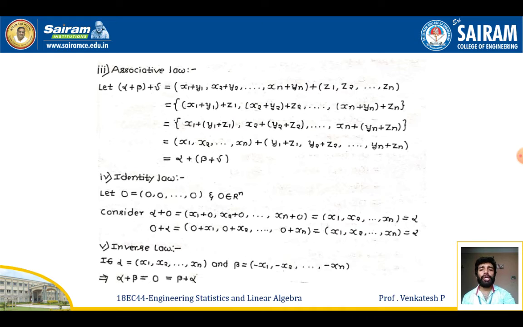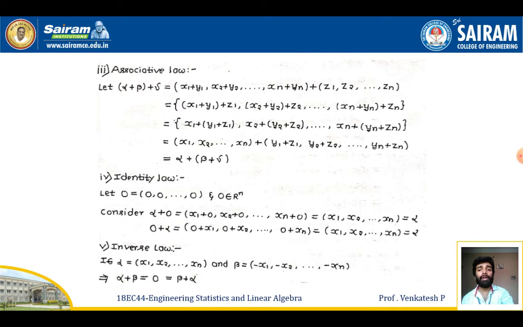So next is associative law. To prove this one, I must have three vectors. So in addition to alpha and beta, I am taking gamma also. Gamma is also an n-tuple. It contains z1, z2, etc., zn here. So the property alpha plus (beta plus gamma) is equal to